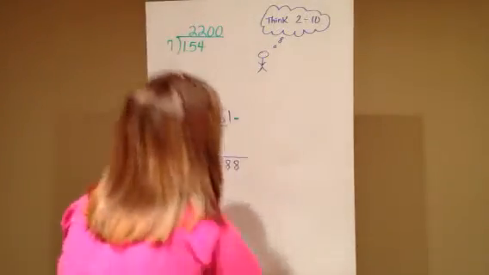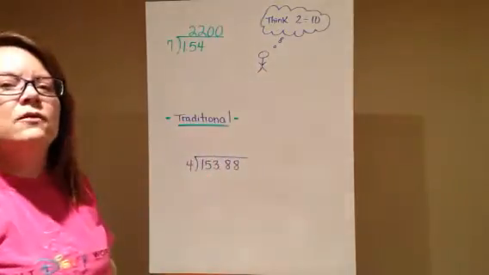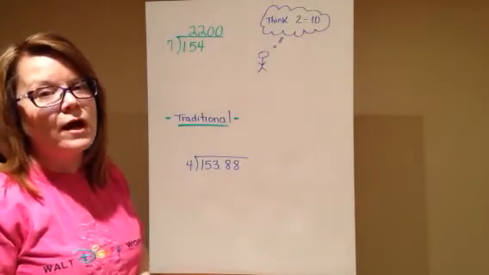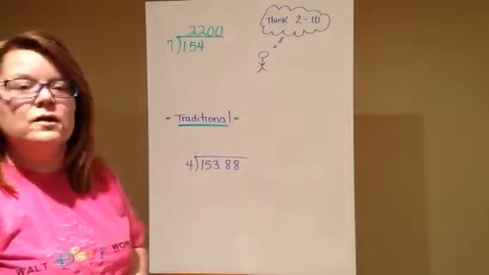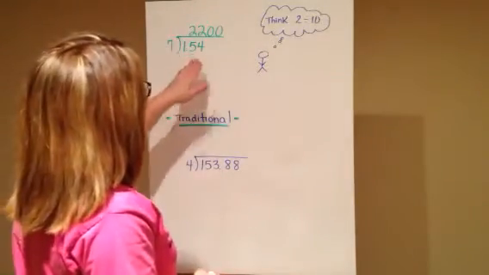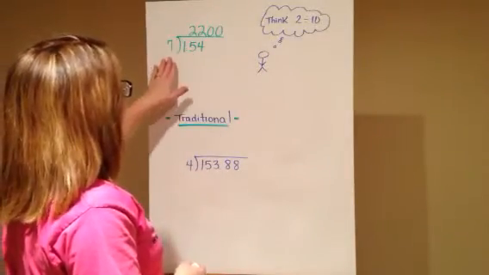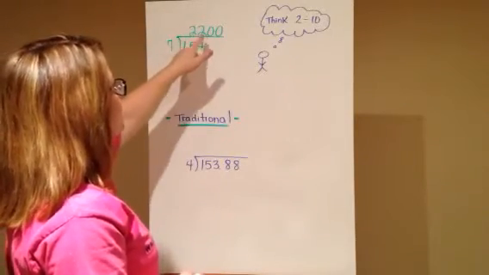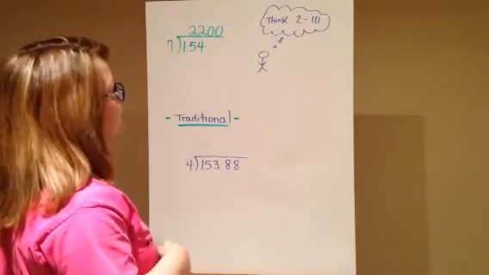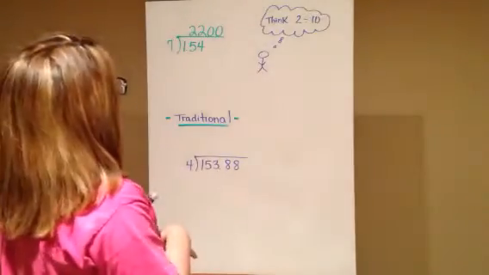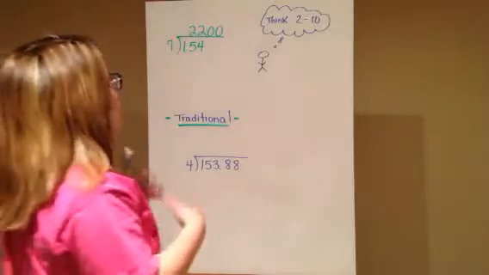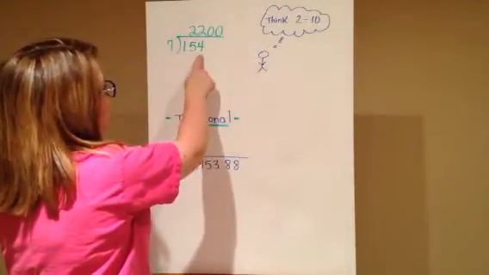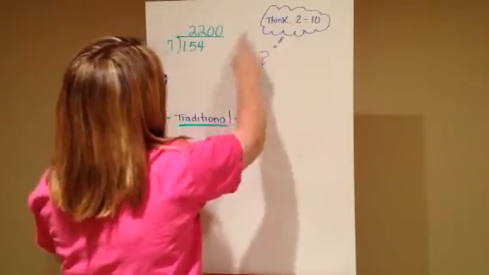We're going to do one more with estimation, and then for those of you that are comfortable with dividing with the traditional method, I'm going to show you how we would do it using that method. So, again, I have 1 54/100ths divided by 7, and the real answer is somewhere around these digits, right? It's going to be 2, 22, or 220. So again, I'm going to take this 1 54/100ths, I'm going to round it to 2, divided